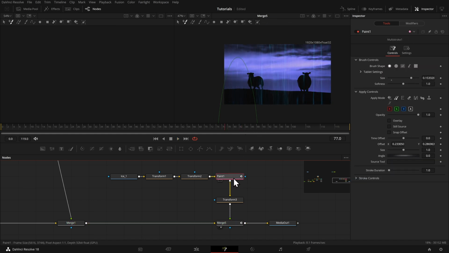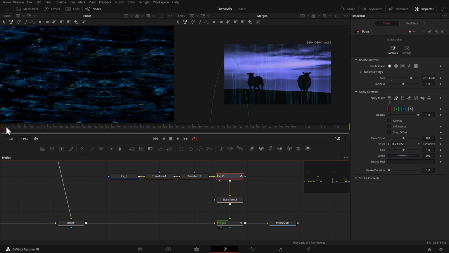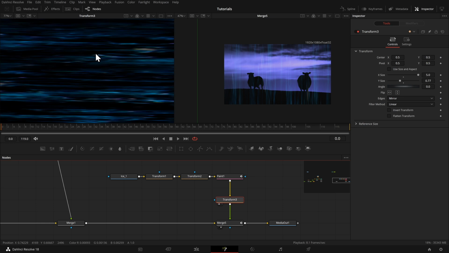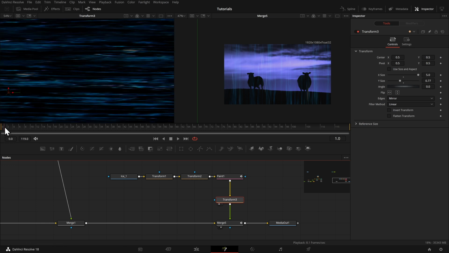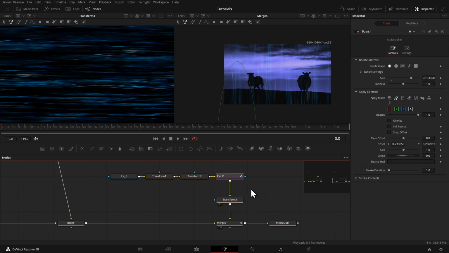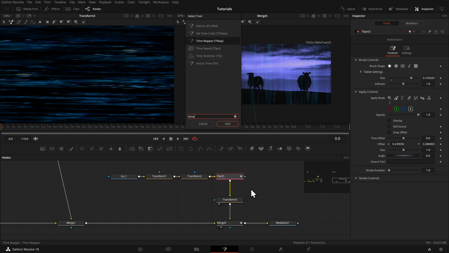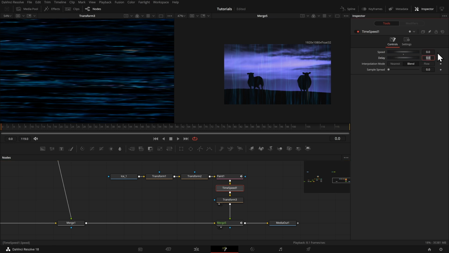One last thought, this paint node is probably not working because I painted, how did I paint? I painted with the multi-stroke. So by default, this is only working on one frame. Yeah, so I only painted on frame 0, which may also be the reason why it didn't look so good. Yeah, it looks frame 0, frame 1. So let's use this only on frame 0. And to do that, I will just bring in a time speed node and set the speed to 0. So this node sets the speed to 0 and delay 0,